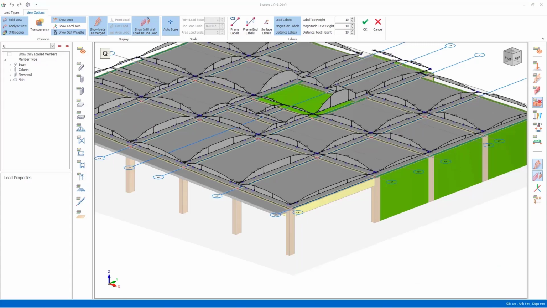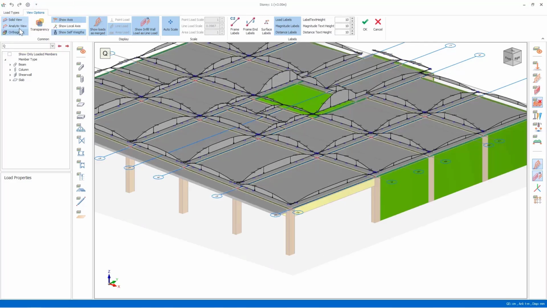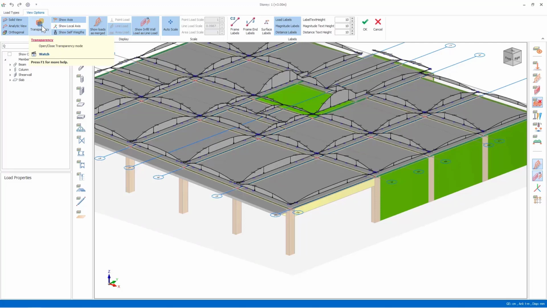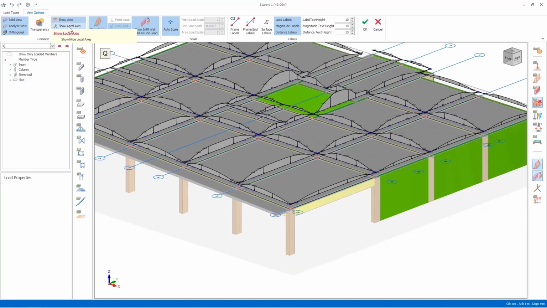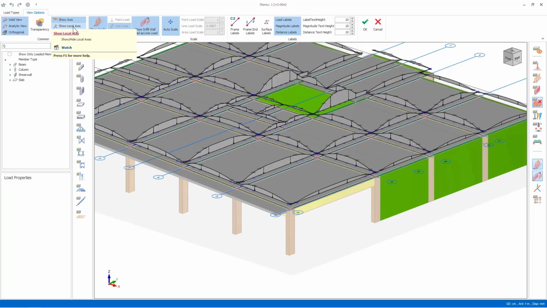Now let's examine the usage areas of other commands and options in this interface. The display of elements can be set to solid view or analytical view. You can view the view with orthogonal or perspective projection from this section. With the transparency option, the appearance of the elements is shown in solid or transparent mode. The axis system defined in the model can be opened using the Show Axles command. Local axes of elements can be turned on or off with the Show Local Axes command.